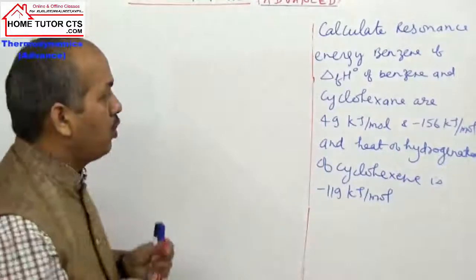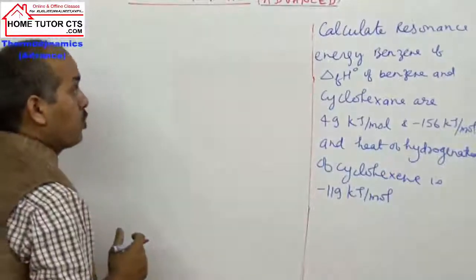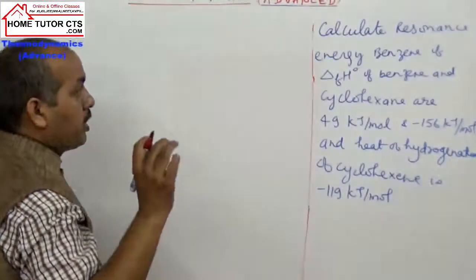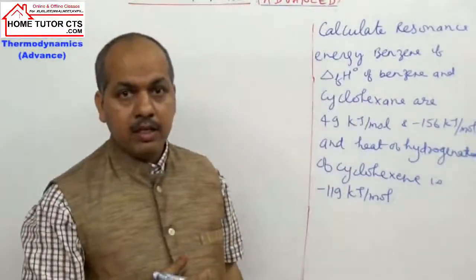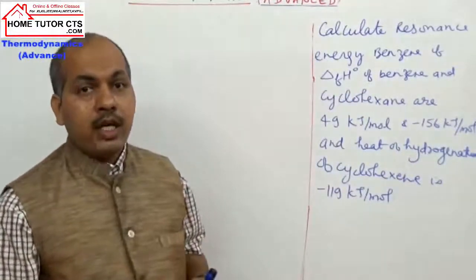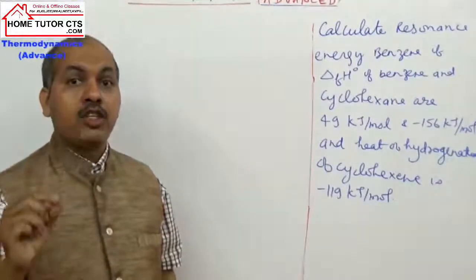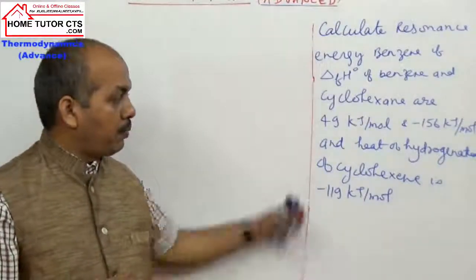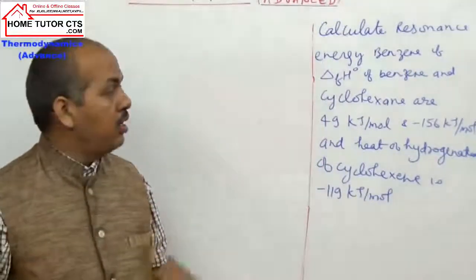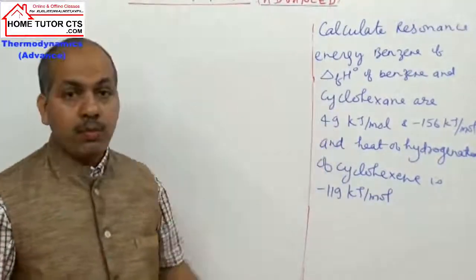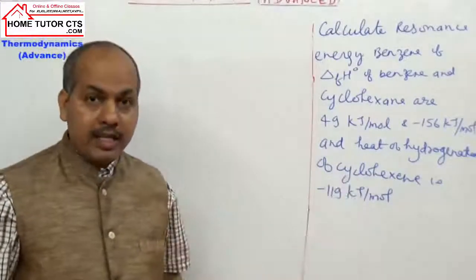To solve this question, what we require information here. See, in solving this question, the data given, heat of formation of benzene, this value given to us is experimental. For calculation of molecules resonance energy, what we require enthalpy of formation theoretical. आपको नहीं दिया क्वेश्चन में बेंजीन के लिए. और क्या रिक्वायर्ड है? हीट ऑफ फॉर्मेशन एक्सपेरिमेंटल. So one value is given to you 49 kilojoule per mole.